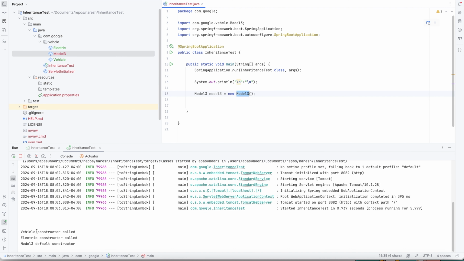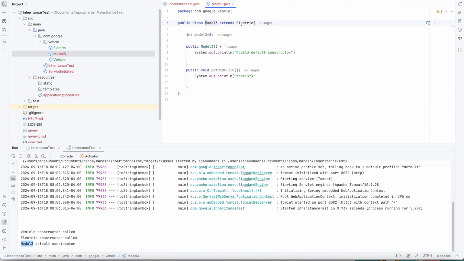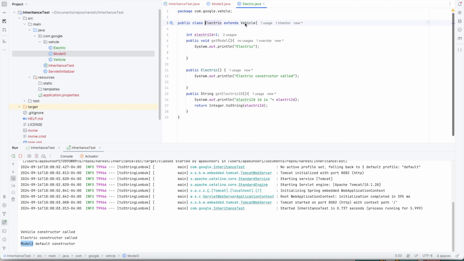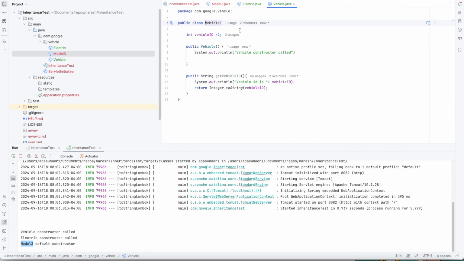Okay, so three constructors called, which we have explained. So look at this Model3 class, it extends Electric, and Model3 has getModel3ID, go to Electric, Electric has getElectricID, Vehicle, Vehicle has getVehicleID. So